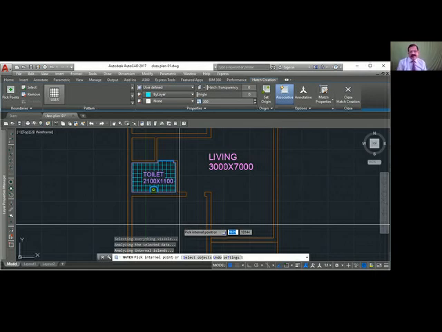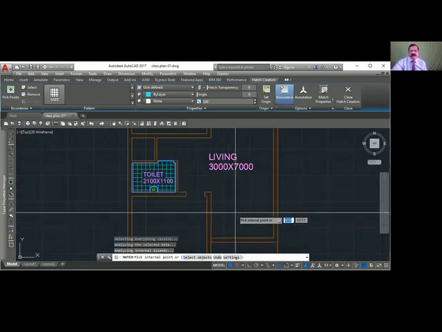Note this down. What are the steps involved in creating the text? You say text. The first point, then the height, usually 200, 300, 500, etc. Then the angle should be 0. Then type the text.